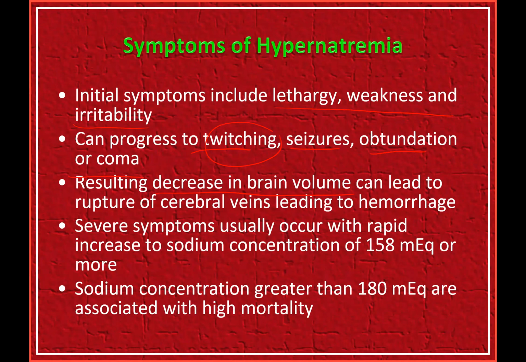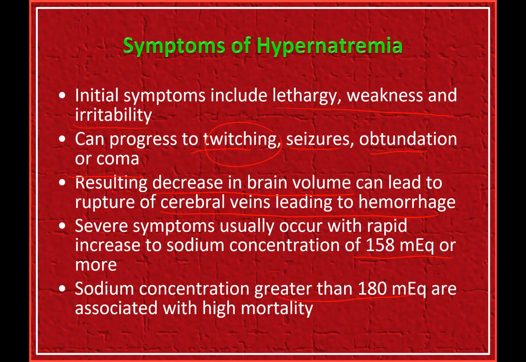That leads to rupture of the cerebral veins. The cerebral veins are ripped apart or torn apart because of the pull by the oncotic pressure in the vasculature, and water exuding from the cerebral tissues into the vasculature can trigger hemorrhage. Severe symptoms usually occur with rapid increase in the concentration. You can see 158, 160 like that, and greater than 180,